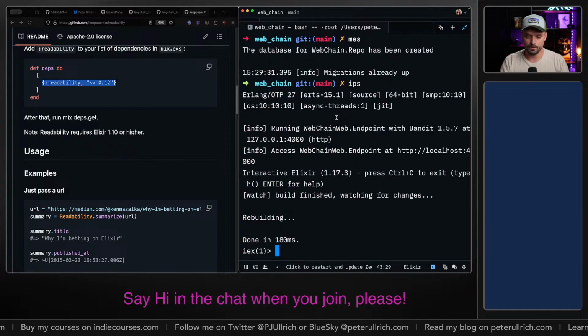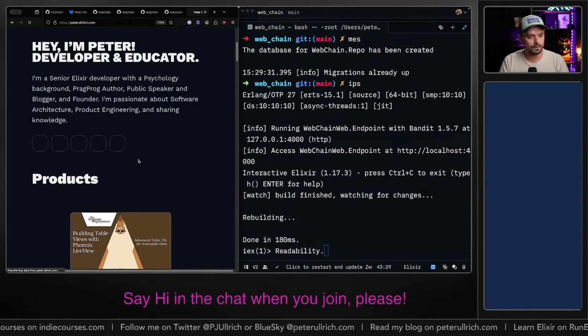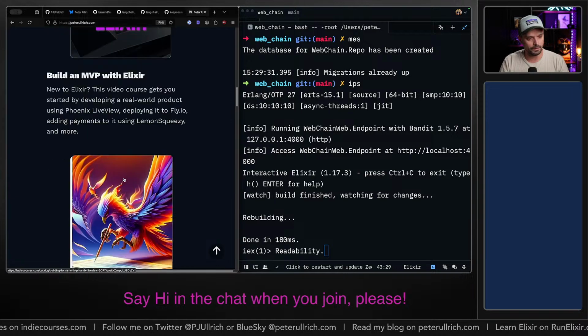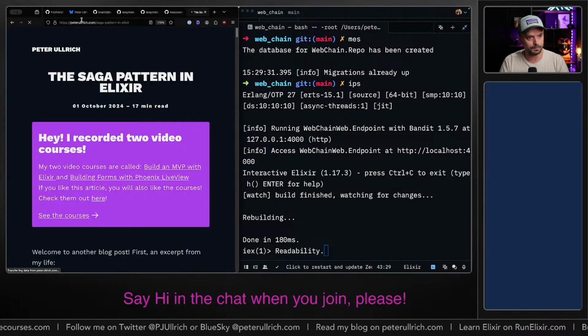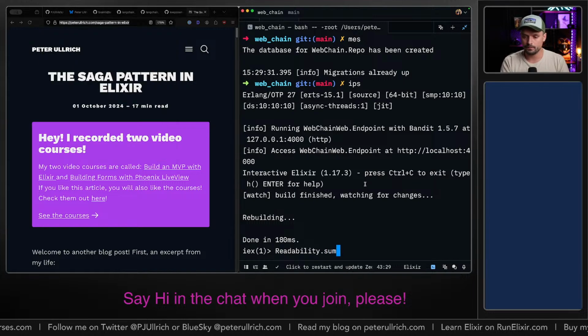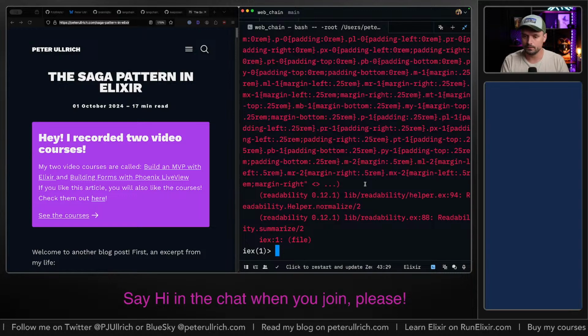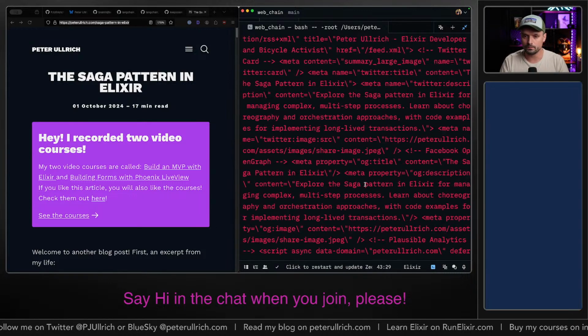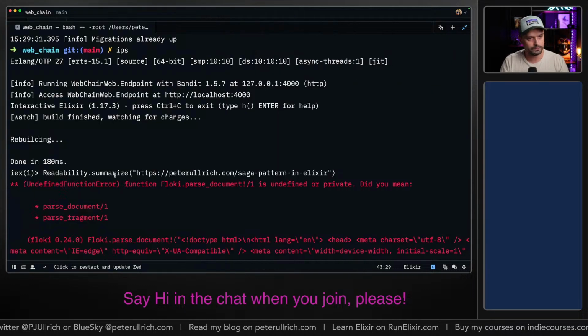No, anyway. All right, let's use readability, and I'm gonna use one of my own articles, just so that I'm not breaking anything, like the saga pattern, for example. And we do summarize, and it gives us an error. Because of Floki.